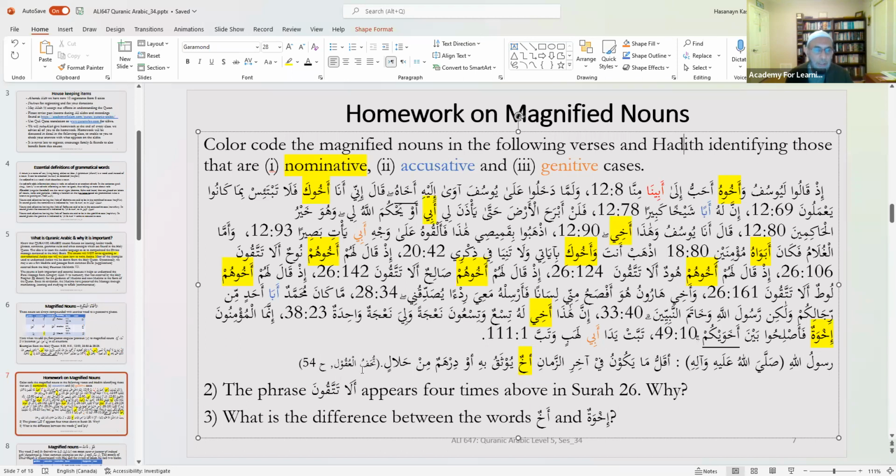It's Tuhf al-Uqul. It is a very good book. You can also get its translation. It has the sayings of the 14 Masumin, and it's one of the oldest books, so it's a trustworthy book. It said, قال رسول الله صلى الله عليه وسلم أقل ما يكون في آخر الزمان أخ يوثق به أو